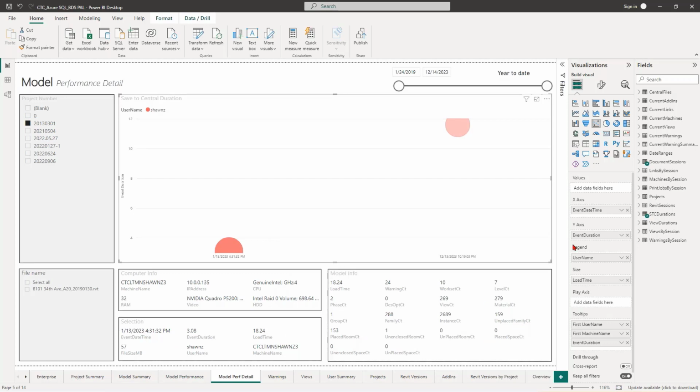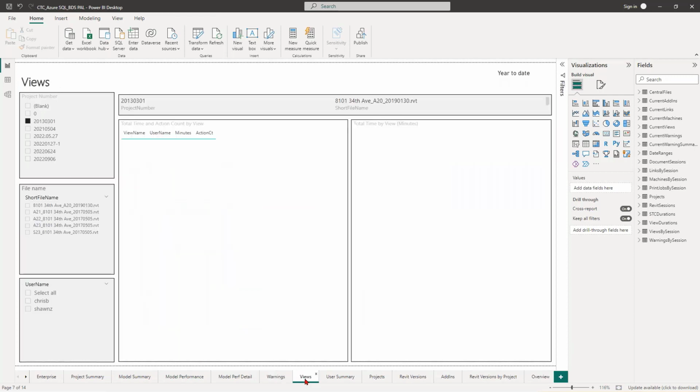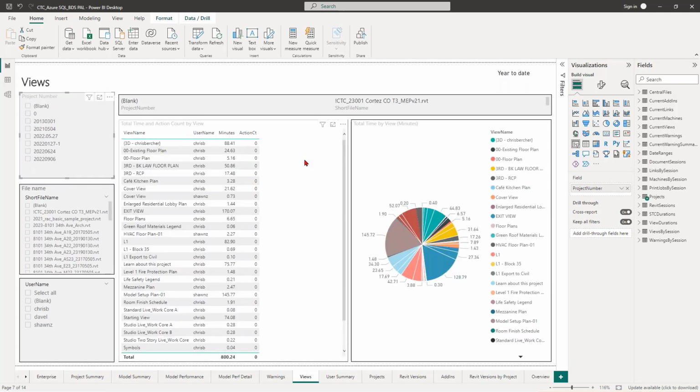All right. Let's see. And the warnings are all nice and spelled out. View reports based off the model and the user. You can see how much time was spent in certain views. If I do that, you get an idea. This view got 50 minutes of editing time, and by me, look at me go, getting a lot of work done that day. And you just start to get a breakdown of what's being done,